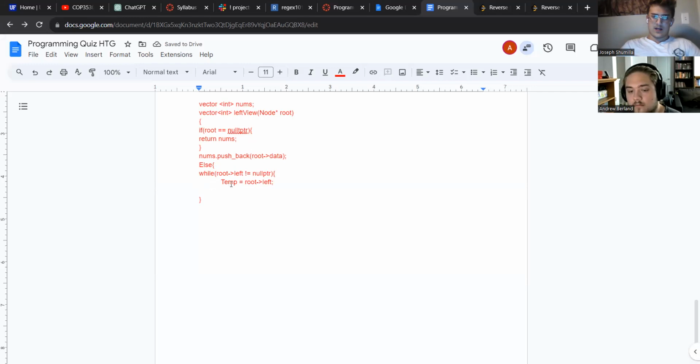And then, so we know we're at a current node, and we know that to the left of that current node is not a null pointer. So we're gonna set a temp value to that left node, and then, trying to think what I could do. Pushback. I'm trying to think if I should do, yeah, nums dot pushback